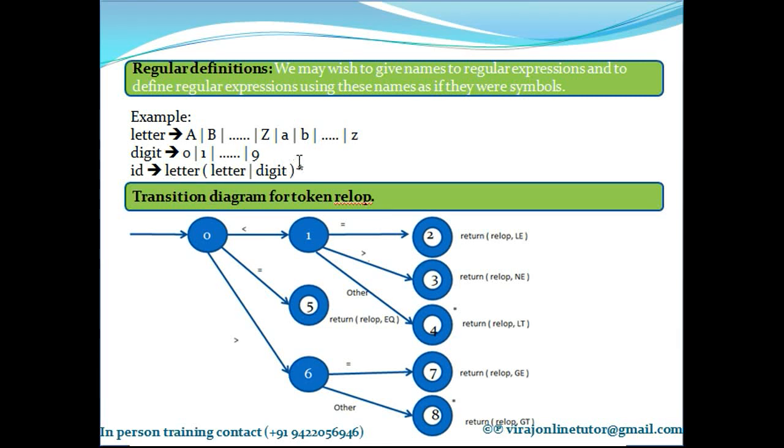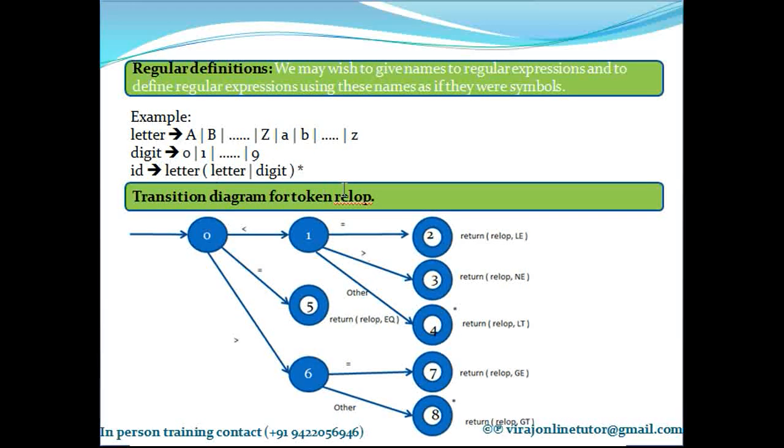What does this asterisk mean? Asterisk means I can repeat what's in the bracket 0 or more times. What exactly is in this bracket? It says letter or digit, and I am applying the asterisk on this entire thing. That means letter or digit, you can keep on repeating 0 or more times.